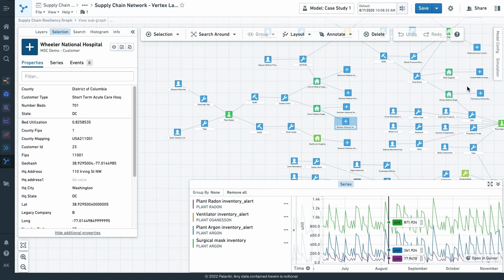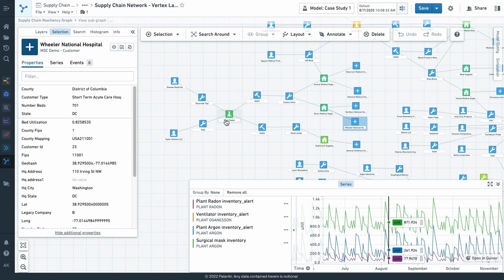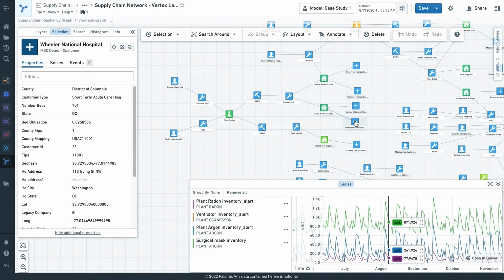But the more important thing is I now need to be able to update my strategy and actually operate in this very volatile environment, which it was last year, right? There were simultaneous supply and demand shocks, and every pre-built model was thrown out the window. So they needed to be able to simulate different scenarios that were exigent day in and day out. What would happen if one of our suppliers went completely offline, given the pandemic? What would happen if one of our medical center customers had 10 times the normal demand they have for ventilators? How would we be able to meet these different requirements, given how we're currently doing allocation, how we're currently doing different supply tactics?